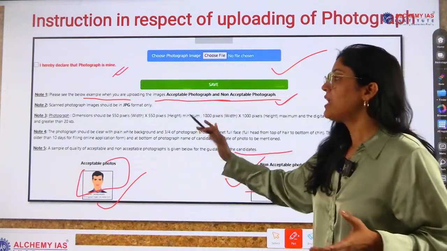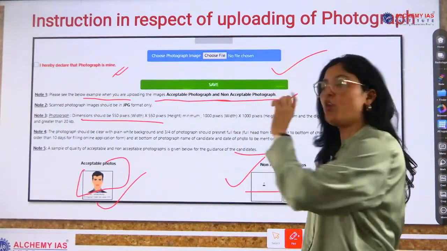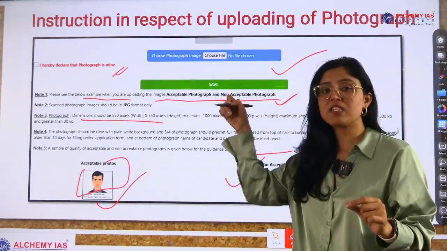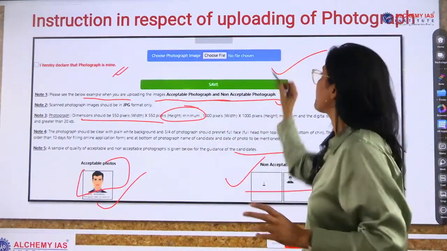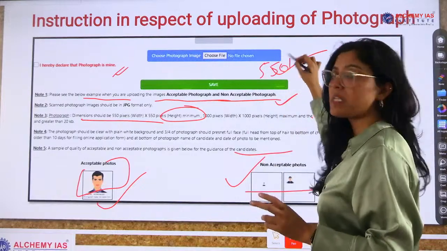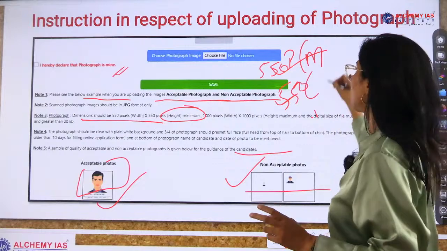Okay. And one more important thing is dimension should be 550 pixels width and 550 pixels height. It should be minimum. 550 pixels should be minimum for the width also and for the height also.